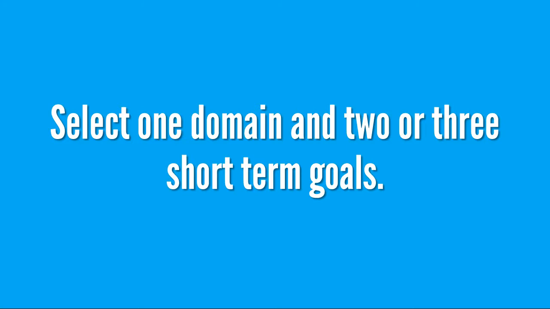So you may want to work on some more short-term goals, the medium-term goals within that same life domain, or you may want to move on to another domain and start working on some short-term goals there. But first, make some progress with these 2 or 3 short-term goals from this one domain. And you can keep on doing this type of process for the rest of your life. Naturally, at times you'll focus more on one domain than on others, but hopefully over time you're going to take care of them all. So to help you with this, let's look at an example that Sam completed.